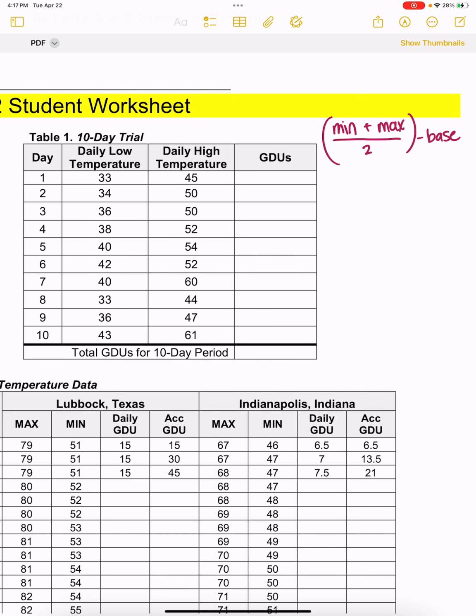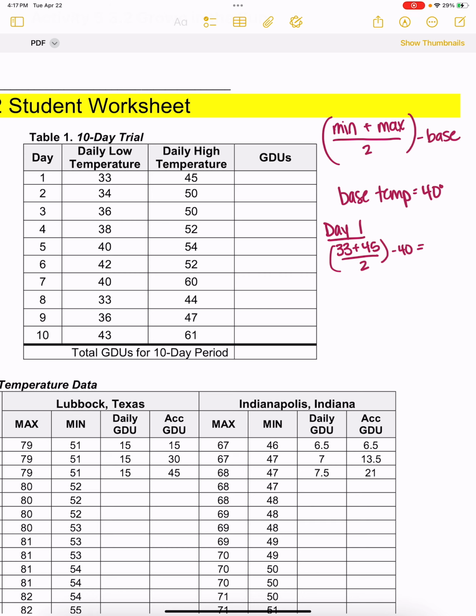And for this particular plant in table 1, our base temp is 40 degrees. So day 1, we have 33 plus 45 divided by 2 minus 40,